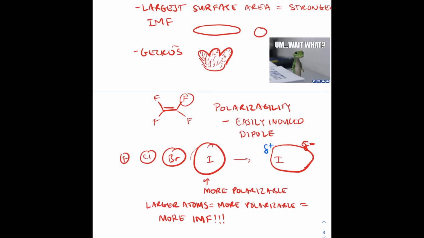Yay. But poor little fluorine over here is very, very small and not very polarizable, and so we don't get very good London dispersion forces going on, or an instantaneous dipole on the fluorine, and so poor little geckos